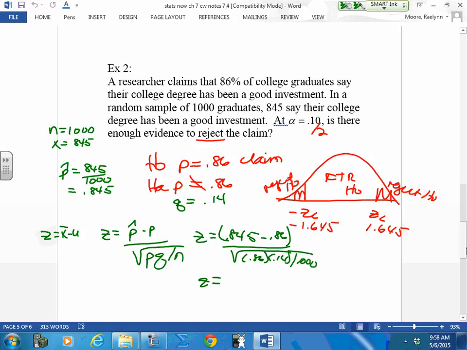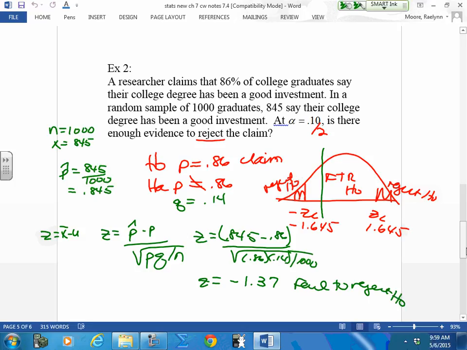It could be a negative or a positive. What did you get, Aaron? Negative 1.37, so 1.37. Z-scores are back to 2 positions. You can always look at your table to see which one has the 2, which one has the 3. So now we locate this. This falls here. My decision is failed to reject